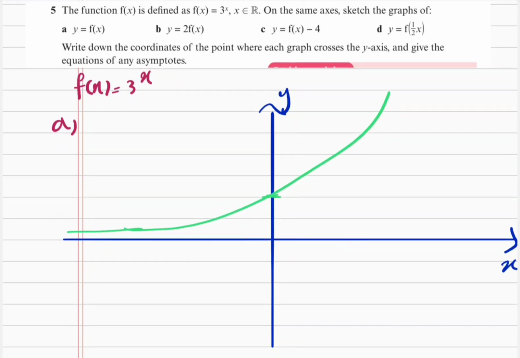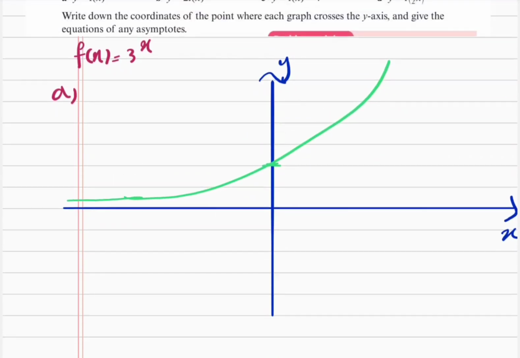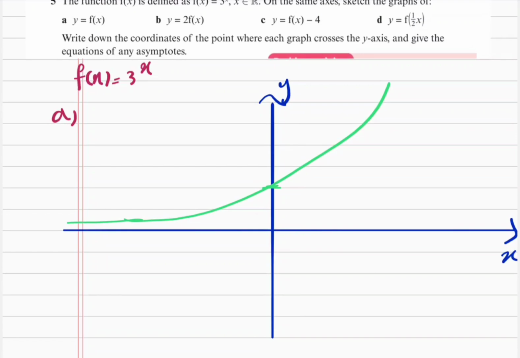Now in part B we have y is equal to... just one thing to mention before we move on to part B, because we need to write down the coordinates of the point where each graph crosses the y-axis, and also give the equations of any asymptotes. So for part A, the y-intercept is at the point (0, 1),